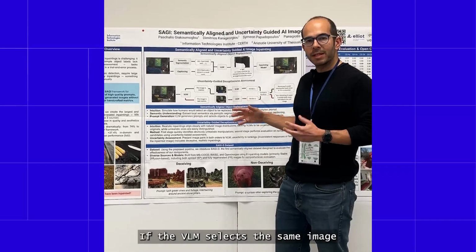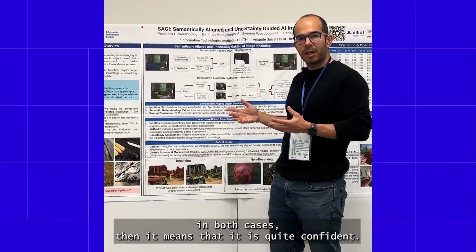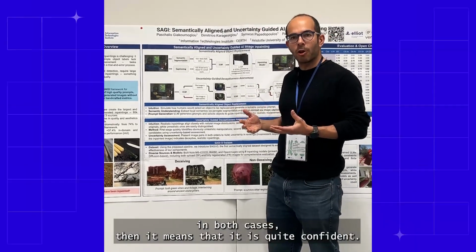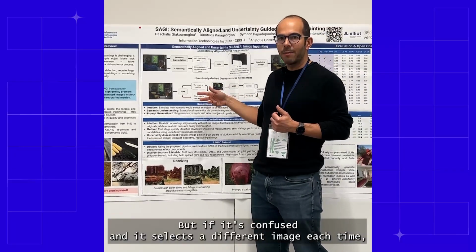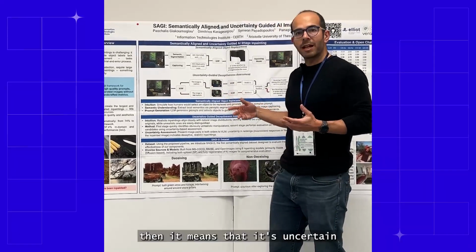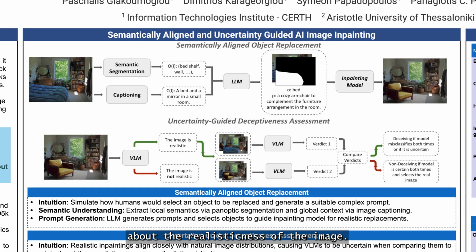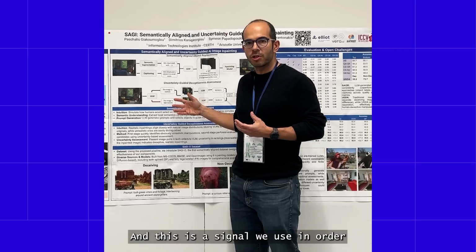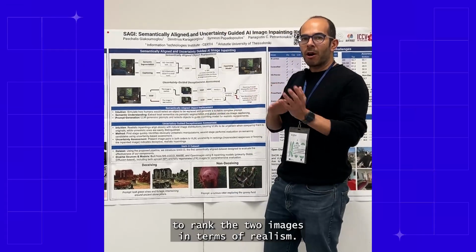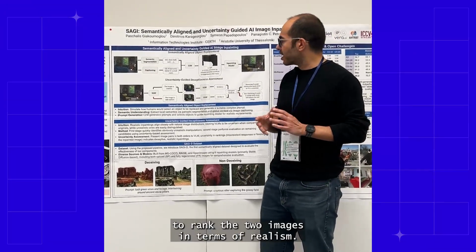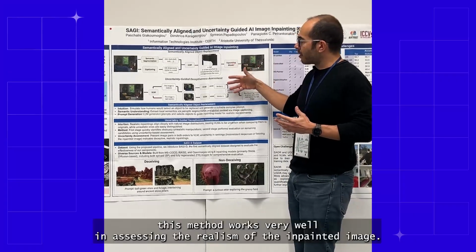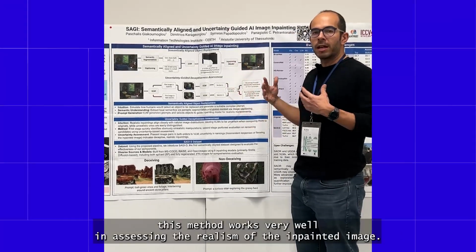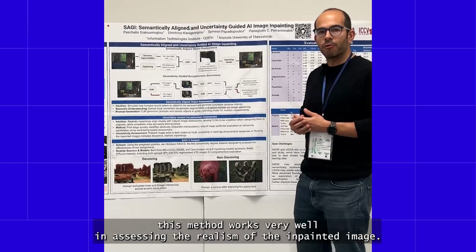If the VLM selects the same image in both cases, then it means that it is quite confident. But if it's confused and it selects a different image each time, then it means that it's uncertain about the realisticness of the image. And this is a signal we use in order to rank the two images in terms of realism. And we found out empirically that this method works very well in assessing the realism of the inpainted